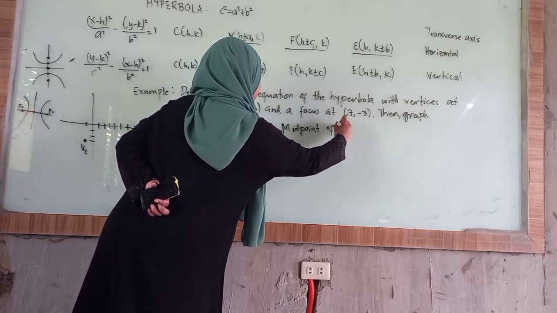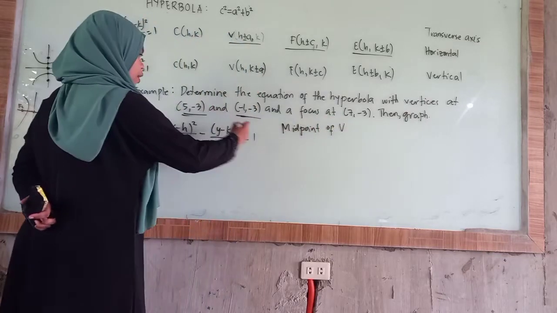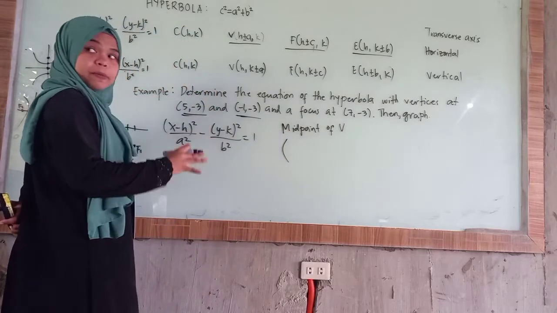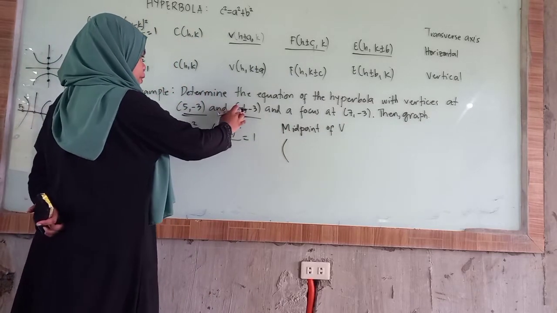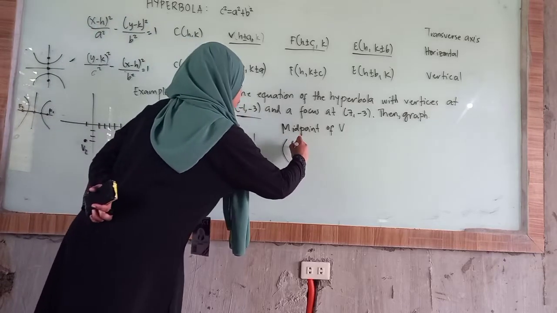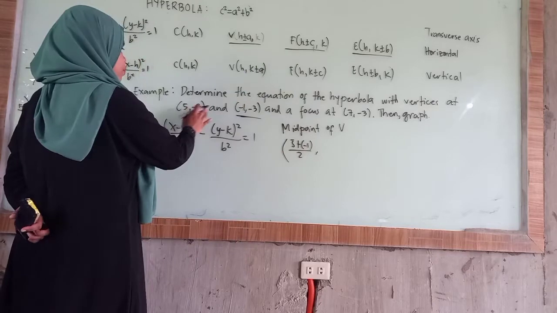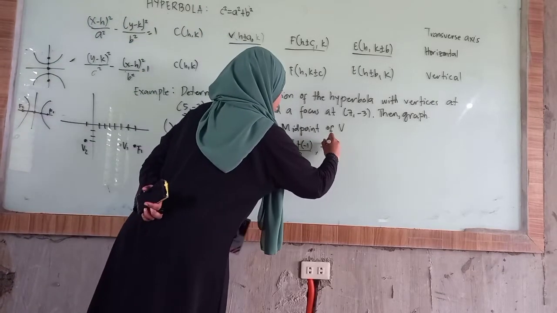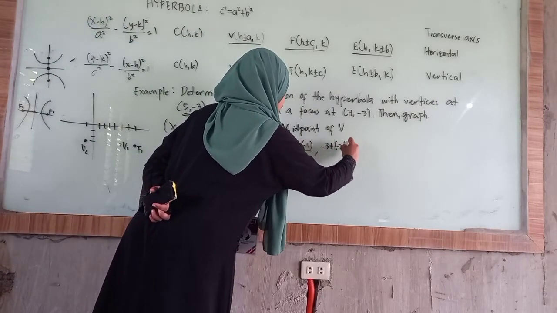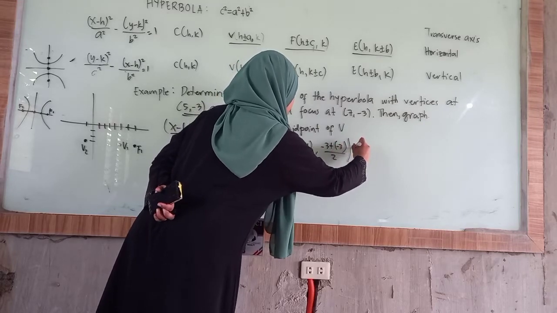Midpoint of B. So, I have x sub 1 plus x sub 2, diba? So, 5 plus negative 1 over 2. At saka y sub 1 plus y sub 2. So, I have negative 3 plus negative 3 over 2. So, that is equal to